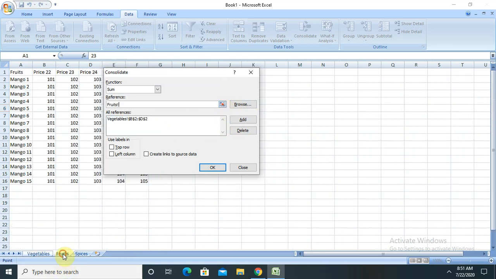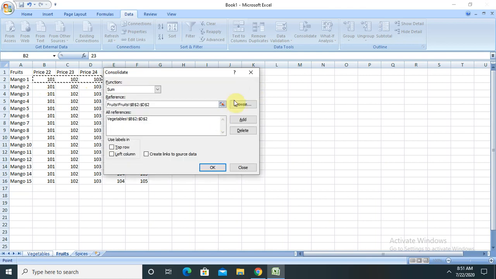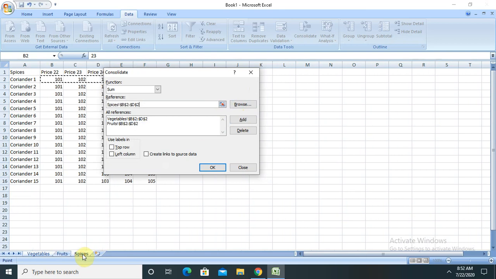Select this and select from here to here, press enter and add. Next, the third sheet will also be required to be selected.